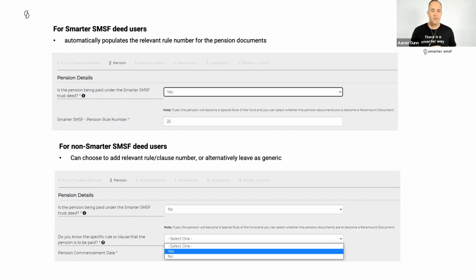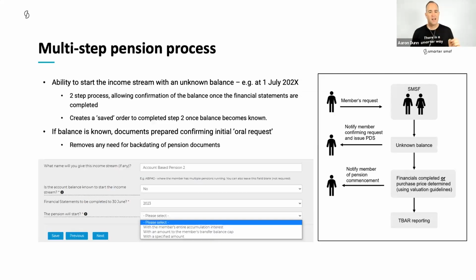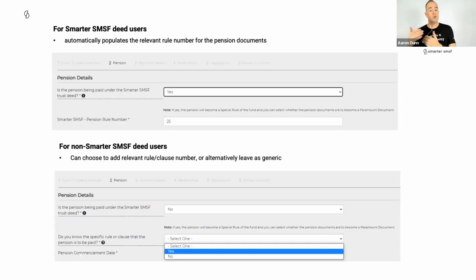On the flip side, for those of you that don't use the Smarter SMSF deed, we do create what we call a more generic set of documents that enable you to more specifically tailor than you might get from, say, Simple Fund itself. Now, what you can see in here, and another piece of feedback that we got, is whether you have available the clauses in front of you with the SMSF deed. We use a number of providers and they might be doing that work externally for another firm,